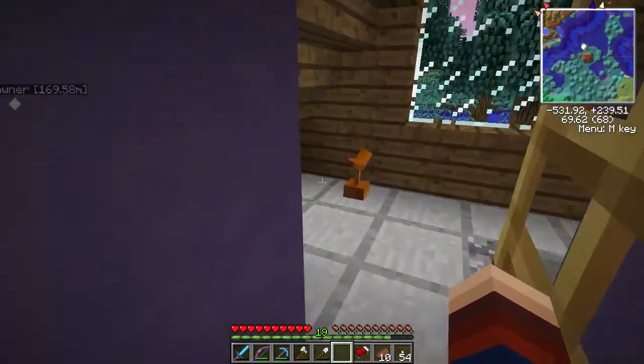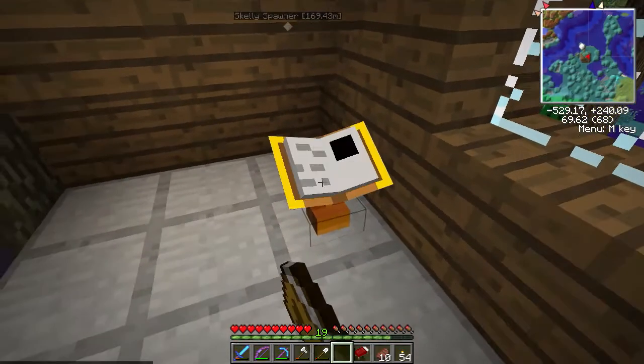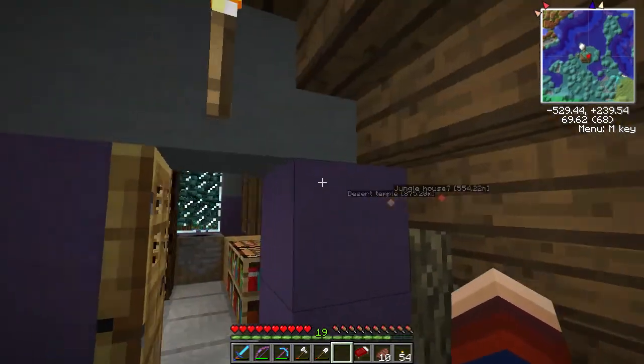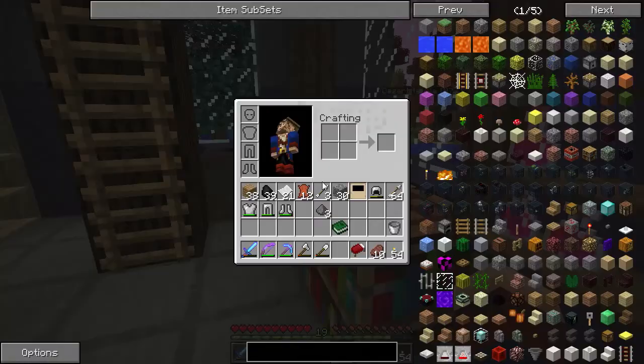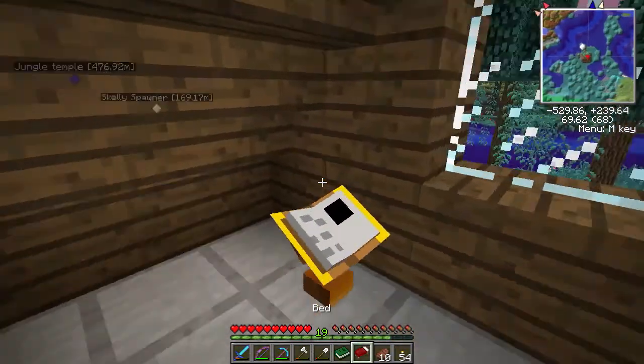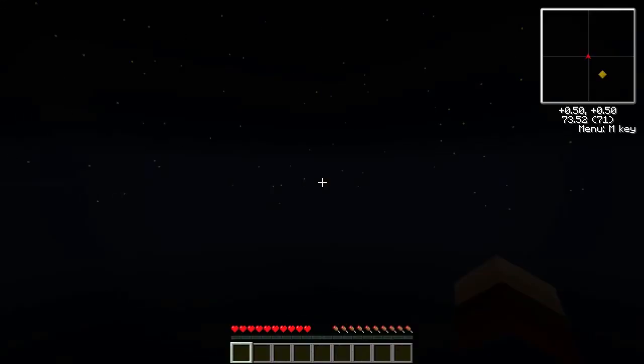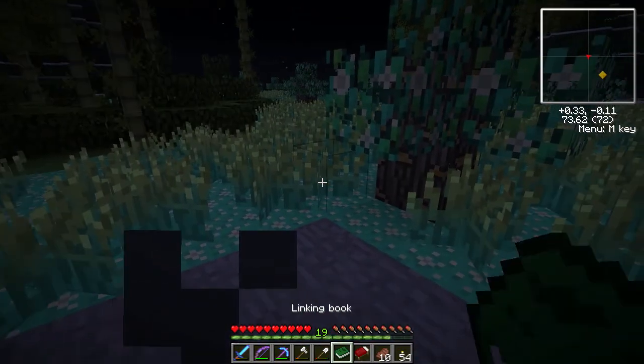The next one, again, is a little bit given away in the description, but I needed to know which one it was. I had to remind myself. Now, I've still got my link book from the last one, so that's okay. I don't need to make a fresh one of those. Sword at the ready, and head on through. Crystals and Fissure is the world, and